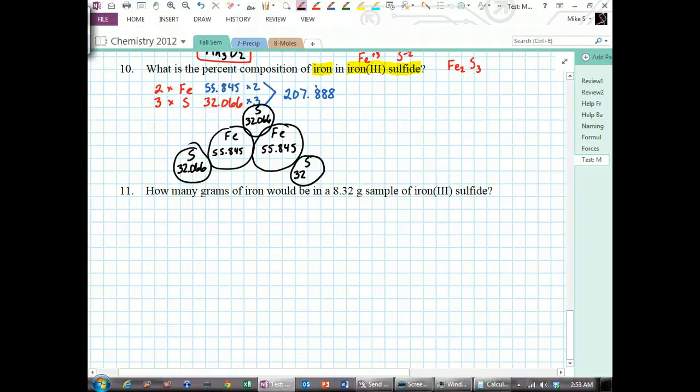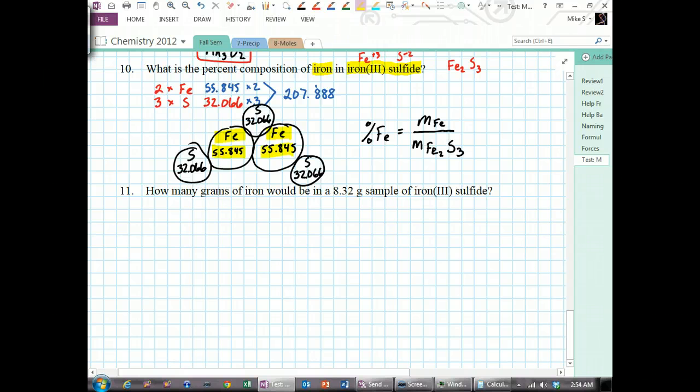So what we need to do is figure out the weight of just the iron by itself and divide it by the weight of the whole compound. So to get the percent iron, percent is a ratio or a fraction, so we need to figure out the mass of just iron divided by the mass of the iron sulfide. Now what you need to remember is that there's 2 irons, and so you've got to take into account